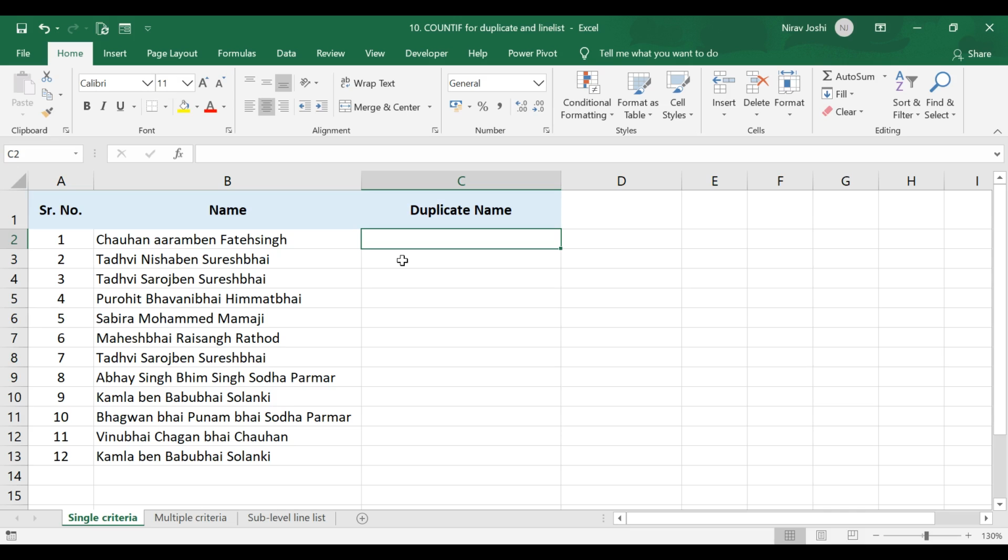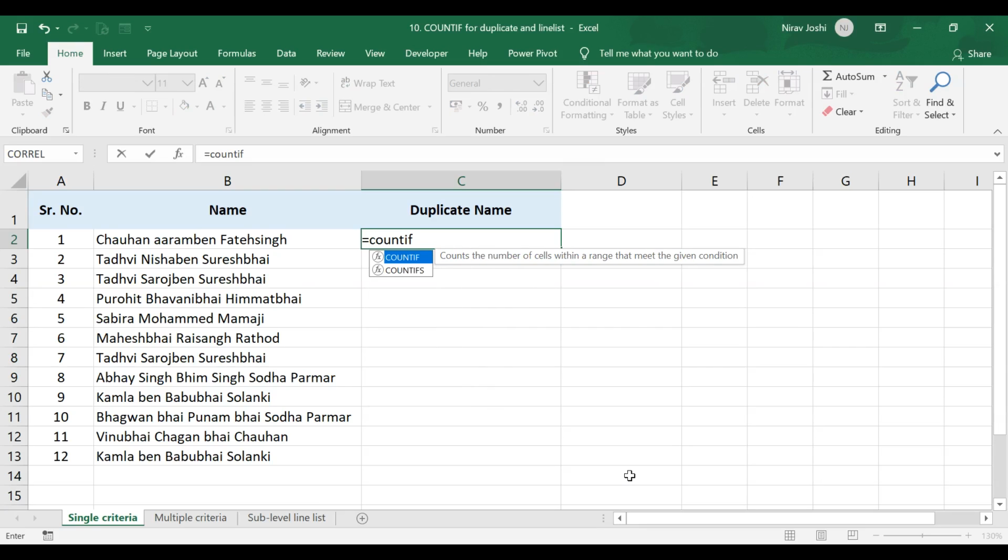First of all, in this dataset we see some names, and we want to identify duplicate names in it. In this kind of situation, where we want to apply the duplicate finding function on only one column or a single criteria, we would use the function COUNTIF. We have already gone through the function COUNTIF; I have shared the link in the upper right corner of this screen. So for that we would type COUNTIF, tab. Now we need to provide the range.